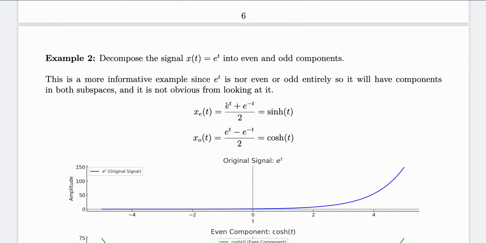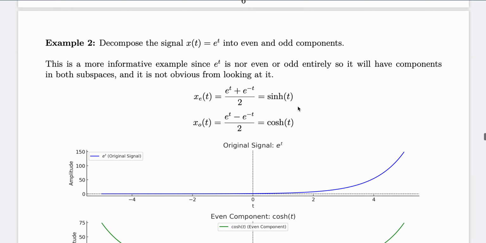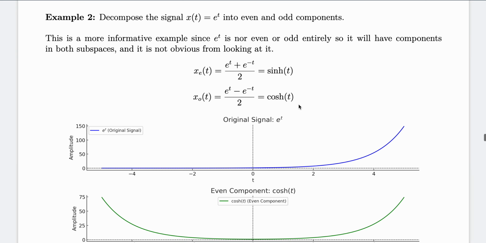To get the even part of e to the t, we're going to do e to the t, which is our original signal, and then we're going to add the reflected signal, e to the negative t, and divide by 2. And this is kind of interesting. This, if you don't recall, is the exponential definition for hyperbolic sine. So we can express the even part as hyperbolic sine. Super, super cool. And if we look at the plot,